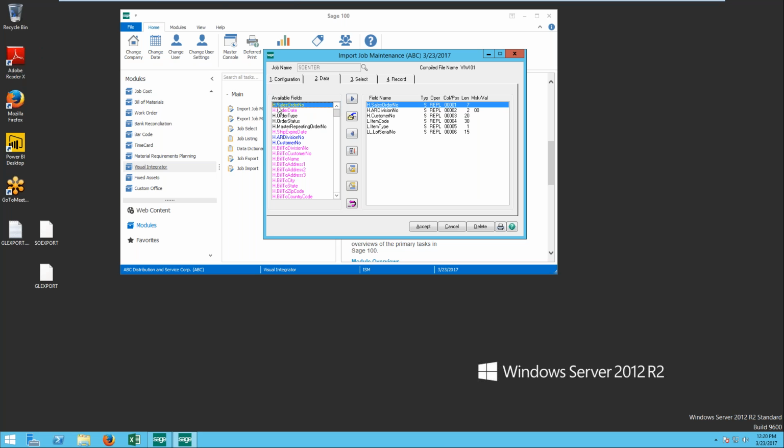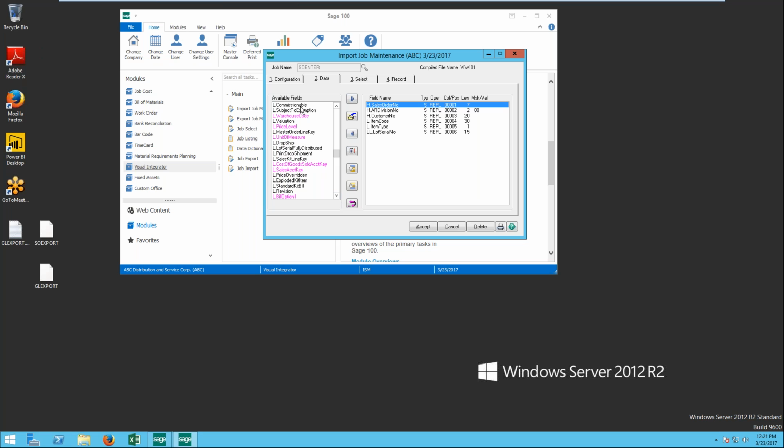But for things that do have a header and a detail, like the sales order entry, you're going to have the header and it'll say H, sales order number. And then if you go down, you'll see there's going to be an L and it'll be the item code and the item description and the quantity. So everything that pertains to the line item level, or what we used to call the sales order detail file. It's still called the sales order detail file, but in the import, it just basically links it for us, which